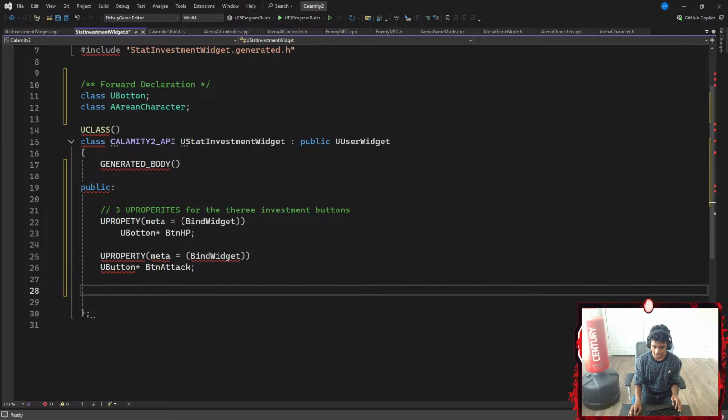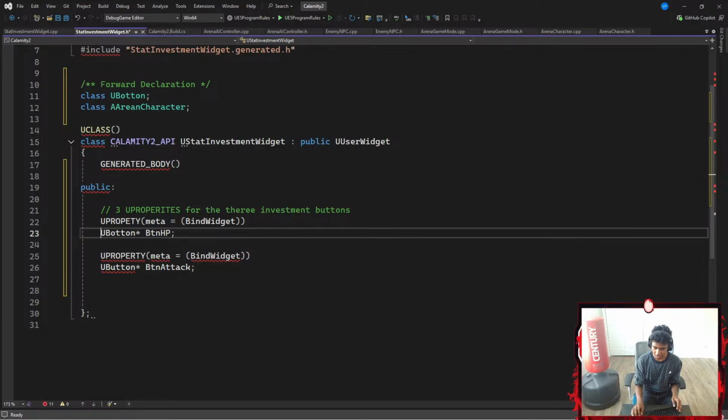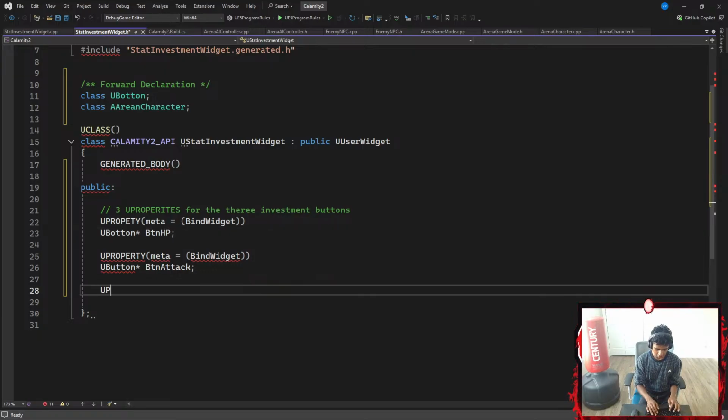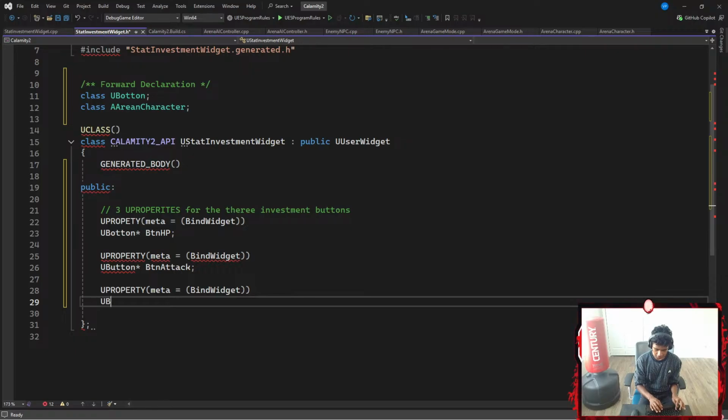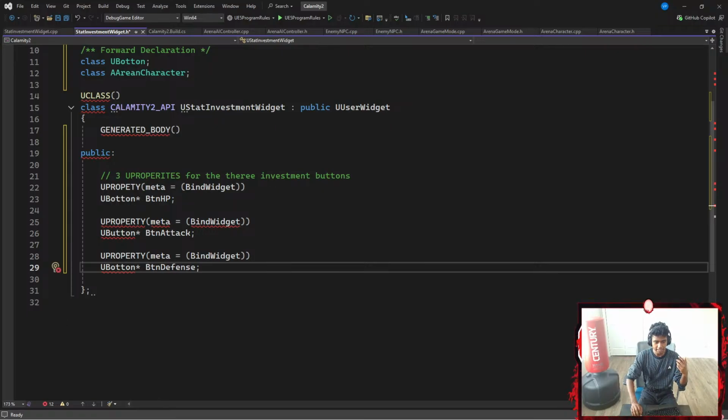And then, why is this indented here? There we go. Then I'm going to create another UPROPERTY, which is going to be meta equal to BindWidget, which is going to have another pointer representing my button. My pointer is going to be called BTN defense. There we go. Once I'm done with adding my three UPROPERTYs, I have to create a NativeConstruct